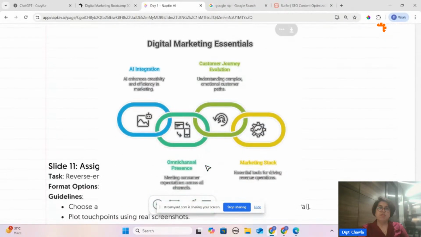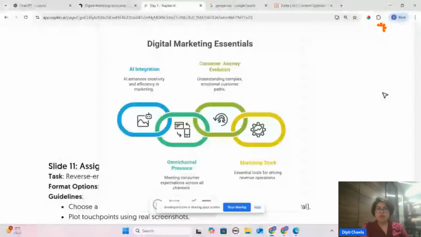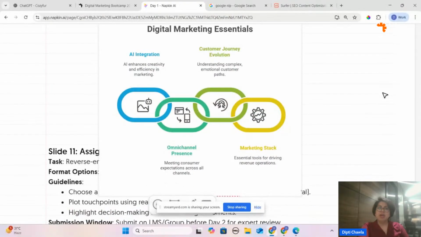Now, what essentials do we have for digital marketing? AI integration is very important. Your customer journey is very important. Keep your marketing stack, a cluster of tools, and it should have omnipresence.